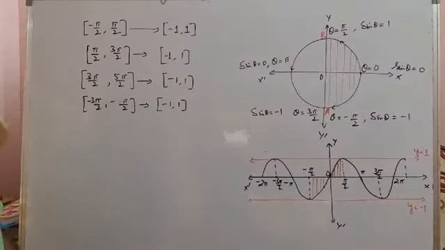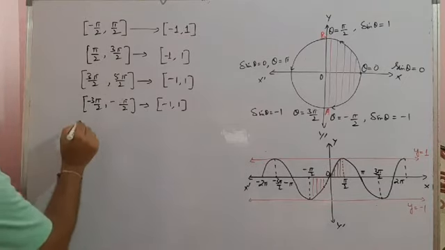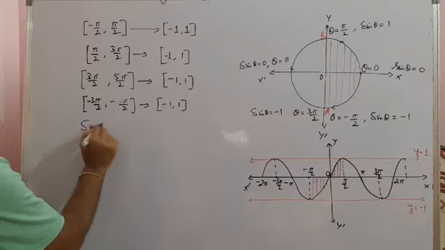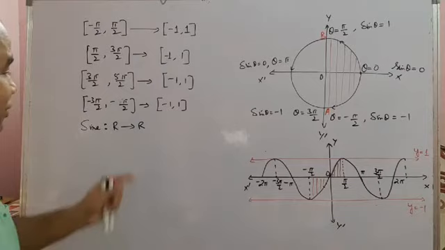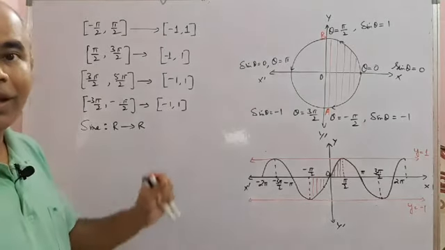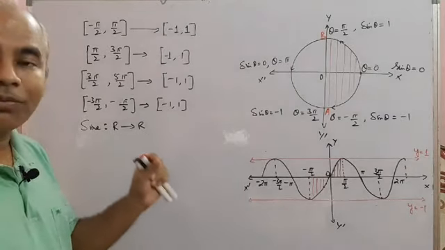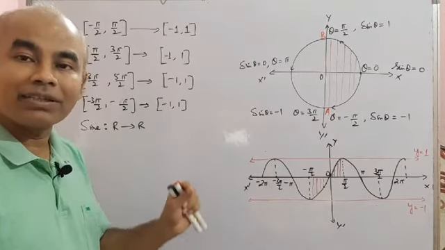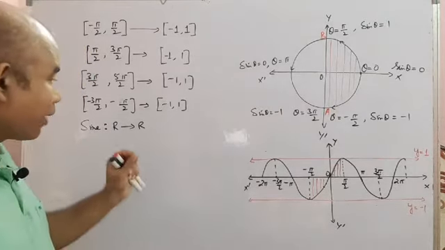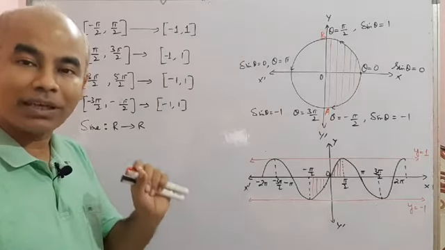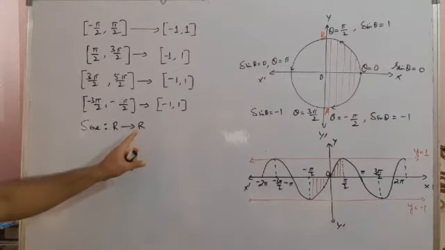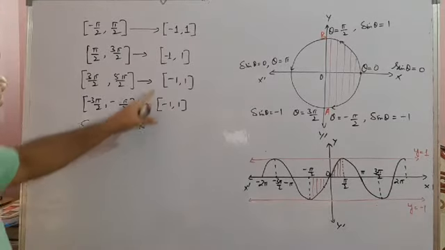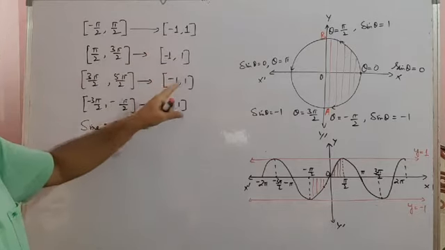Okay, clear? Now sine function, if I see the sine function, then sine is a function from set of real number to set of real number. Okay, sine is a function from set of real number to set of real number. Secondly, you know that inverse of a function exists if it is 1, 1 and onto. So what is the meaning of onto? Onto means a function whose codomain is same as its range. So here codomain of the sine function is set of real number r, and range of the sine function are these closed intervals minus 1 to plus 1.